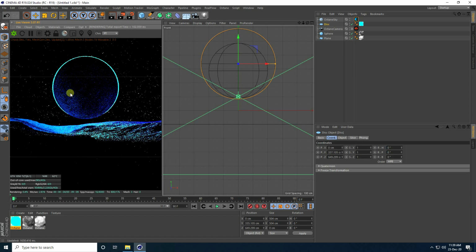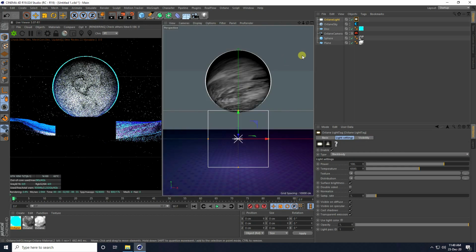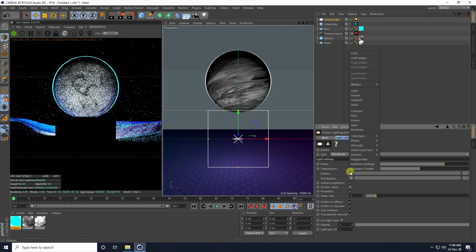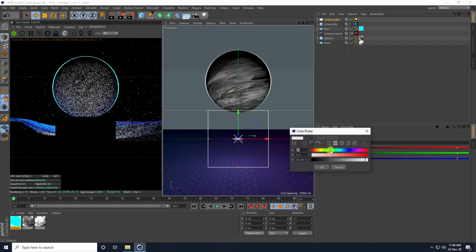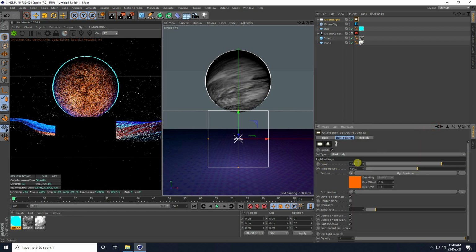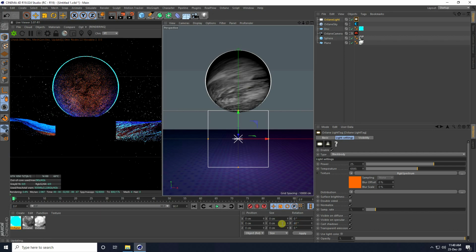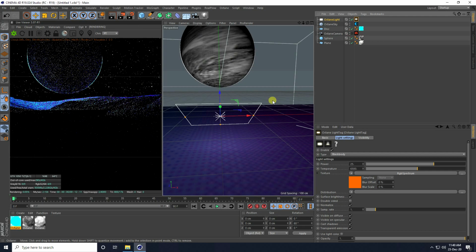Okay, so now guys, I take one more light. So I go to object and take Octane area light. Yes, and guys, go to here and same, RGB spectrum and click. Guys, this time I take orange color like 25, 100 and 100. Yeah, and go back. Guys, power I take 25. Yeah, and rotate like 60 degree. So fix light position.